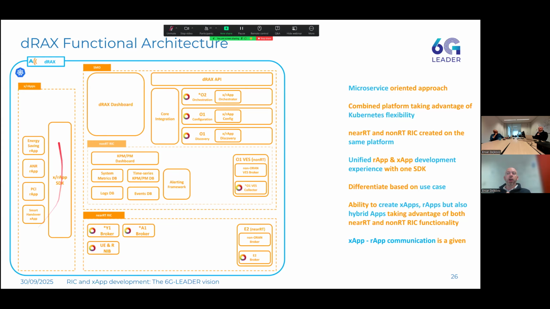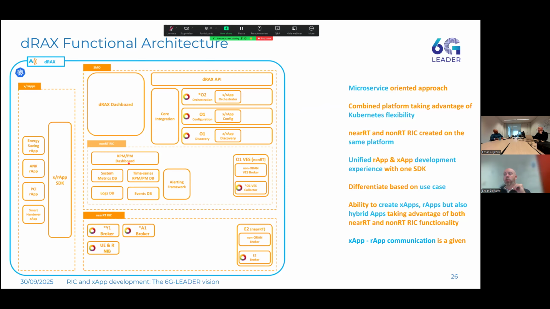To the side of it are the xApps and rApps, which are built using our own SDK, which we will explain in a little bit what that means. In basic, high-level terms, this is a microservice-oriented architecture. So all of these blocks basically run as containerized software applications running on a Kubernetes cluster. One of the advantages, or differentiating factors, of the Accelleran RIC is that it's built as a single platform for both the non-real-time and the near-real-time RICs. So both of them are together. Oftentimes you see that these two things are disaggregated and even two different platforms altogether.